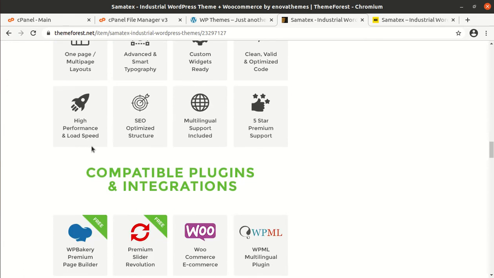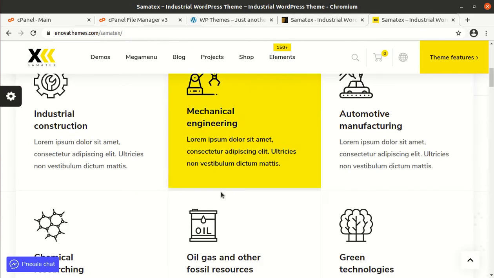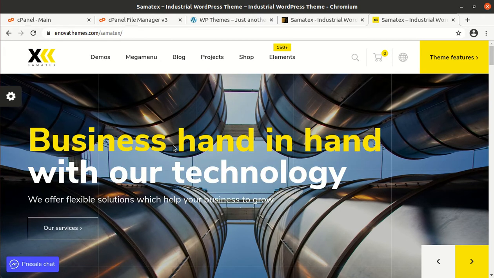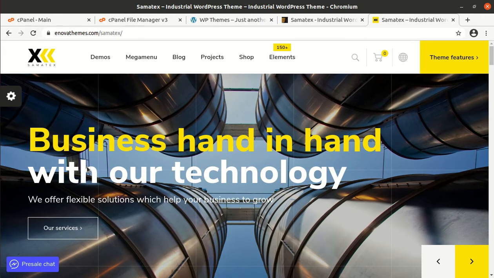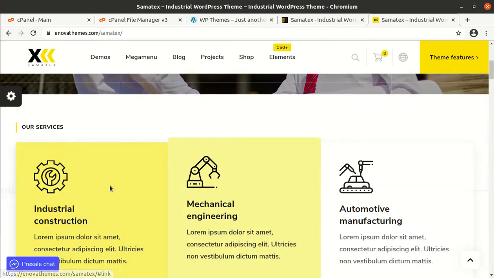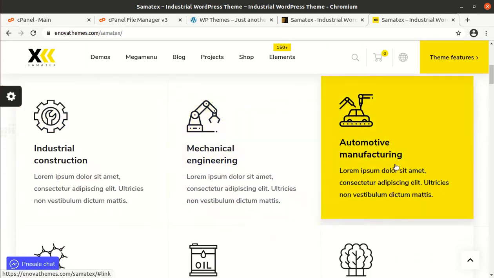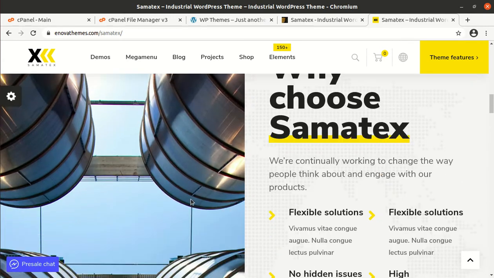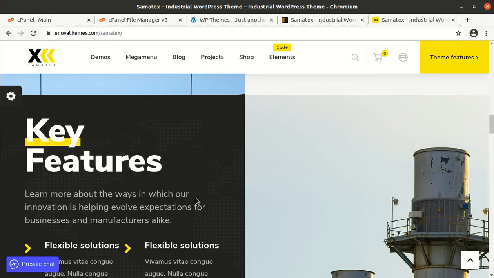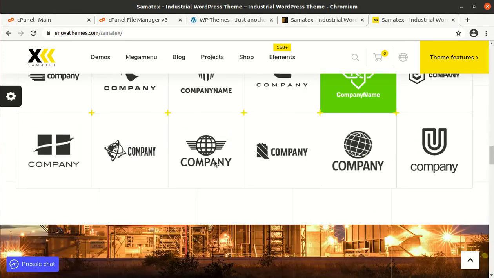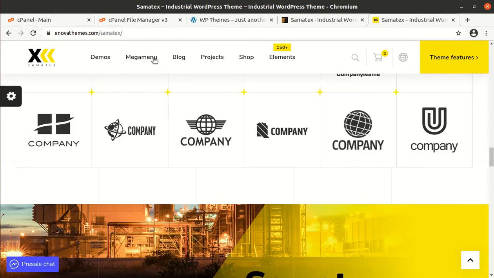If we talk about the demo website, this is the demo website of SmartX WordPress theme, which brings a stunning look with it and has all the features related to industry websites, and it has a very clear and to the point look, and you can check the features as well.